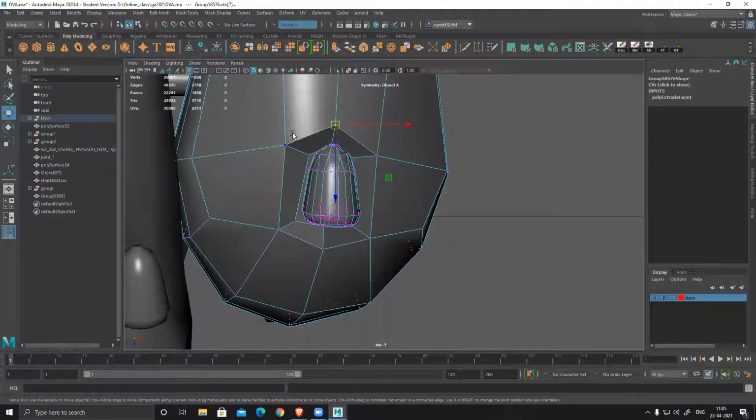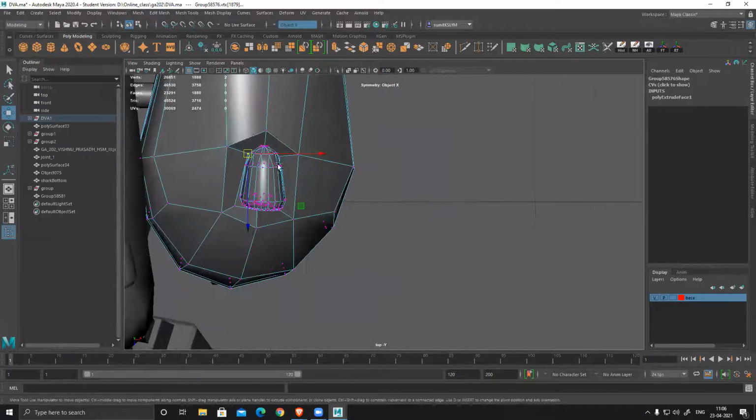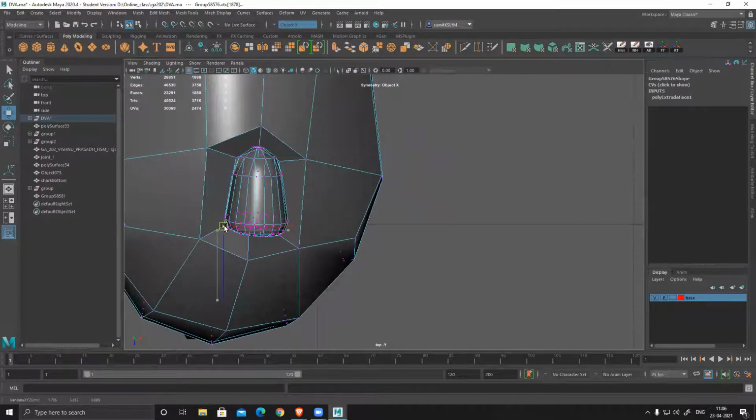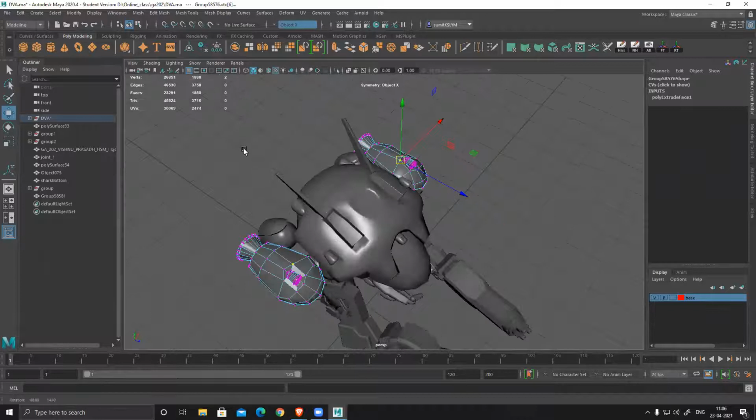Suppose you have selected this vertex and I want to move around, but inside the vertex is not visible, so I want to go there directly. What I'll do is press the keyboard arrow down. It will move to the next vertex automatically and then I can align it. Whenever you have really complex geometry and you don't know exactly where the next vertex is, this is really helpful and you can fix things super easily.